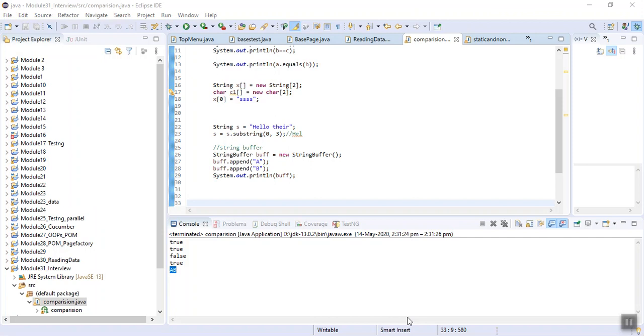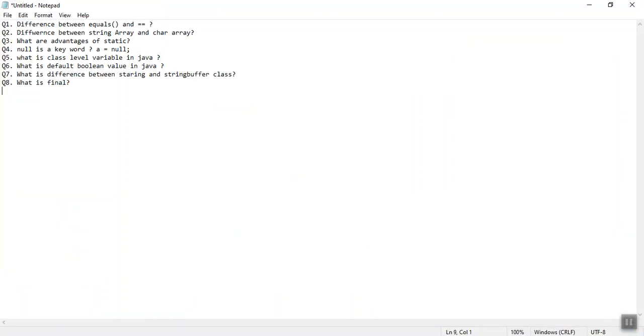Final is a keyword. If we define final int i is equal to 0, I cannot change the value of i to 10 or 11. It is a fixed value, it will show an error if you change it. And remember, a function can be final and a class can be final.